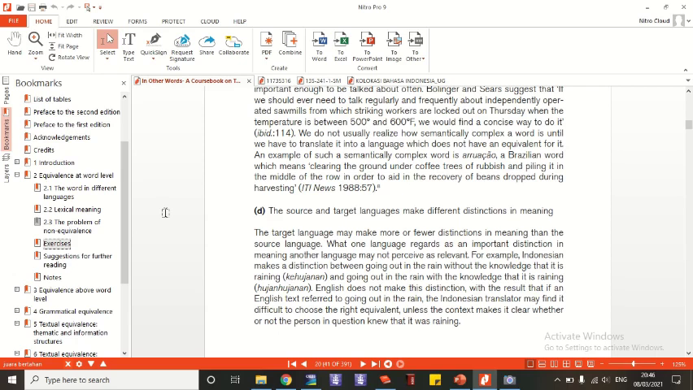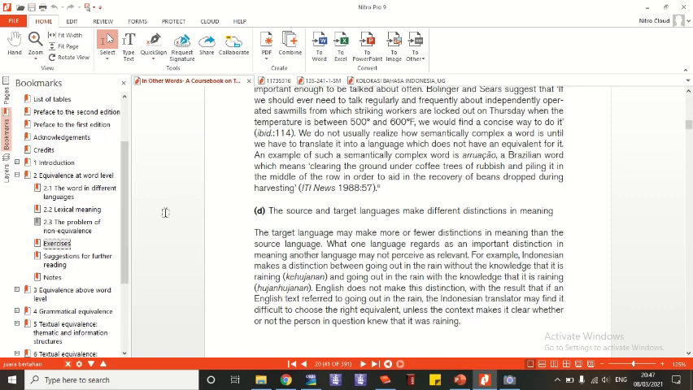Nih ya, source and target languages make different distinctions in meaning. Here Mona Baker gives an example of kehujanan and hujan-hujanan. There is another word, for example, kunduran truk. Nah, kunduran truk itu apa? Nah, itu kan dalam bahasa Indonesia pun kita juga kesusahan. Apakah dia apa